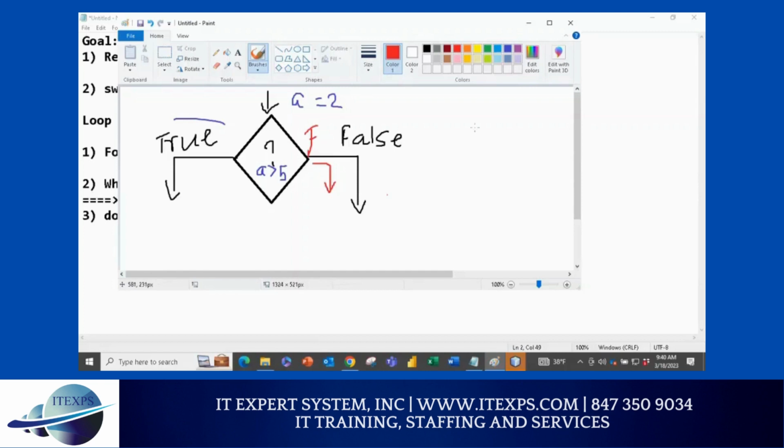We also talked about AND, double AND, which means two conditions need to be checked. If both conditions are true, then it's true. Otherwise, it's false. And we also talked last week about OR. If one condition is true, then it is considered true. We talked about it, and we'll do it multiple times. Again, there are many ways you can write conditions.